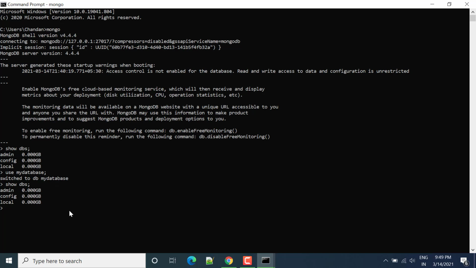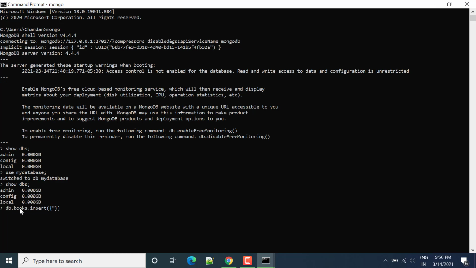So for that, to create one collection, we'll write db.books.insert. We can directly insert one document under books. You don't need to create books specially, it will be created automatically, and then you have to insert it. And then you can write inside the curly braces.